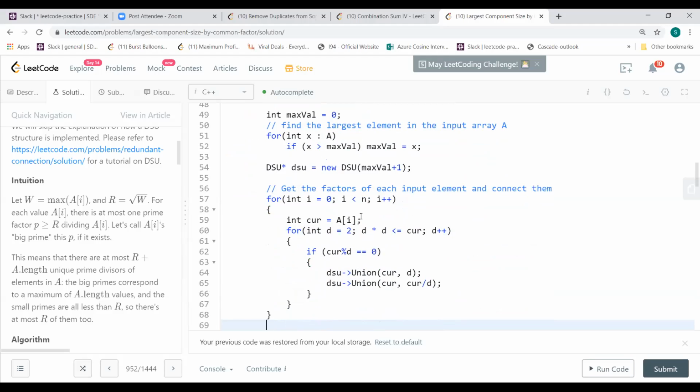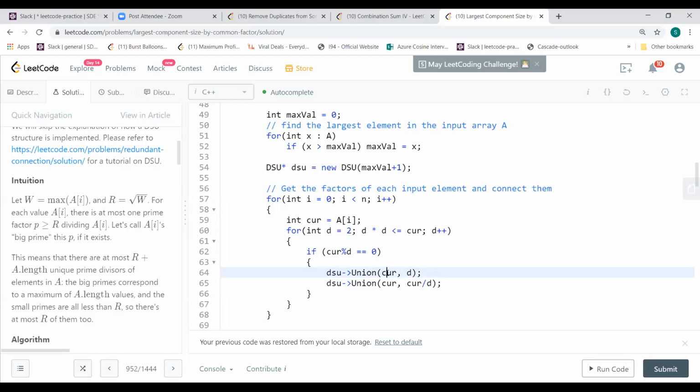You still go for the factors calculation. Then you come with one factor, whatever that factor was, and you do a union find of it, and immediately in the next union find you do it for the remainder also. It need not be a prime factor, because you have already found one prime factor, that is fine. Like if the number is 12, you find the first prime factor as 2. So do union find of the current value.